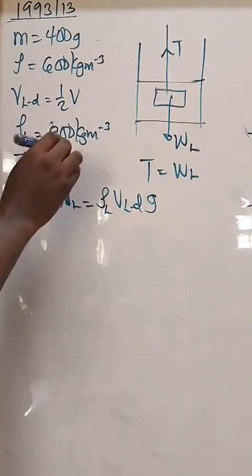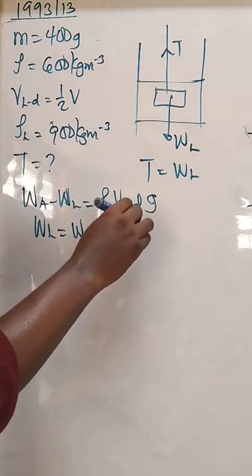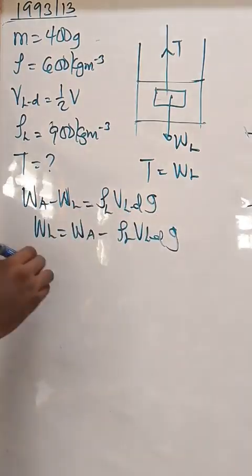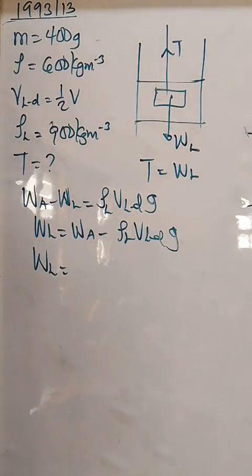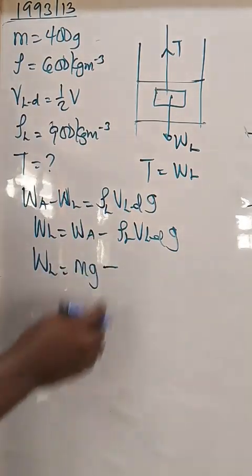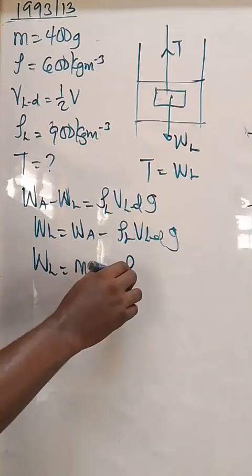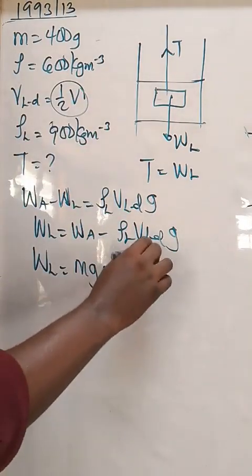We are looking for WL. So WL equals WA minus ρ_L V_L g. What's WA? The original weight of the body, mg. So that's mg minus density of the liquid times volume of the liquid displaced, in this case half of the volume of the body,